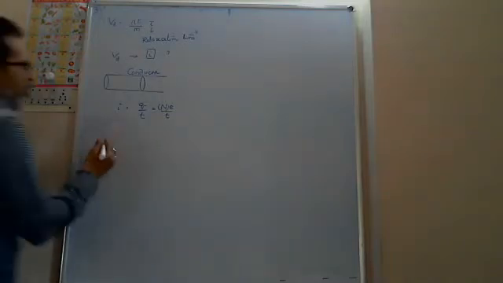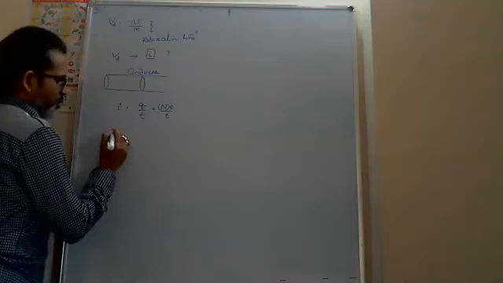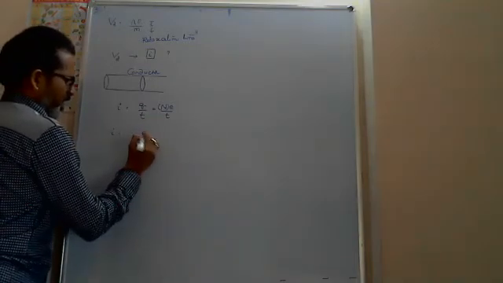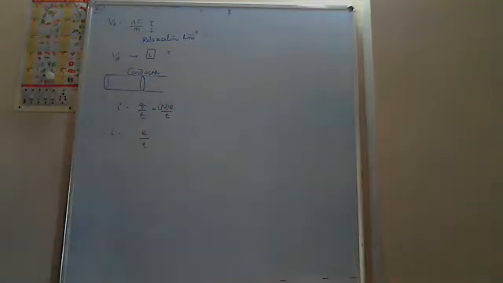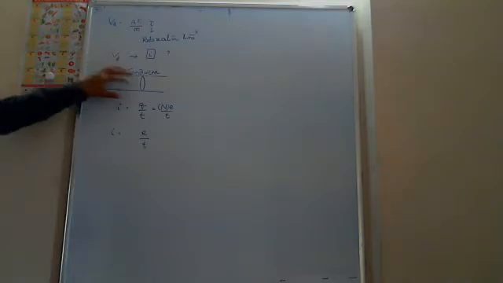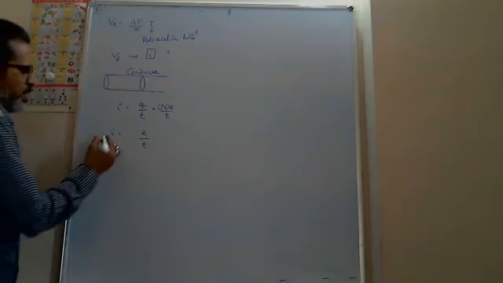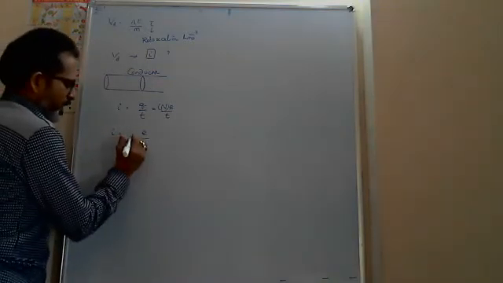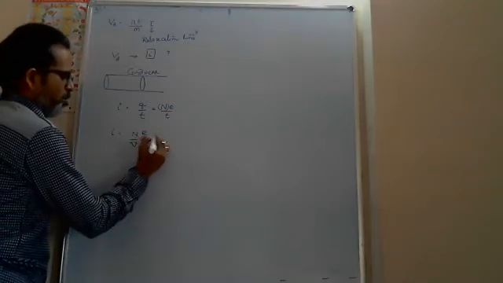To interrelate, I want to get some velocity term here. Practically, saying the number of electrons in a particular conductor is actually foolishness. Why? Because if you change the dimensions of the conductor, the number of electrons existing in the conductor will change. That's why better you come to the electron density. Electron density means number of electrons per unit volume. That's why, to get the electron density, I'm dividing with volume and multiplying with volume.